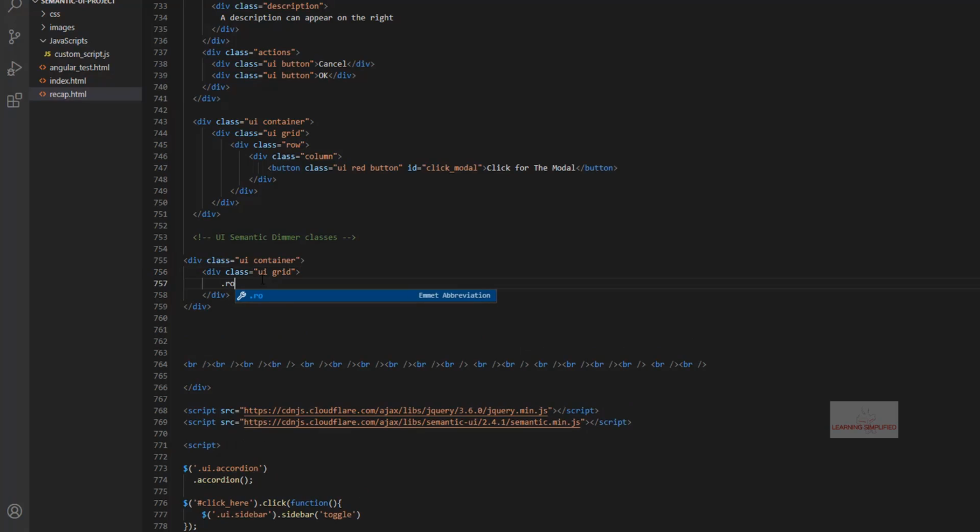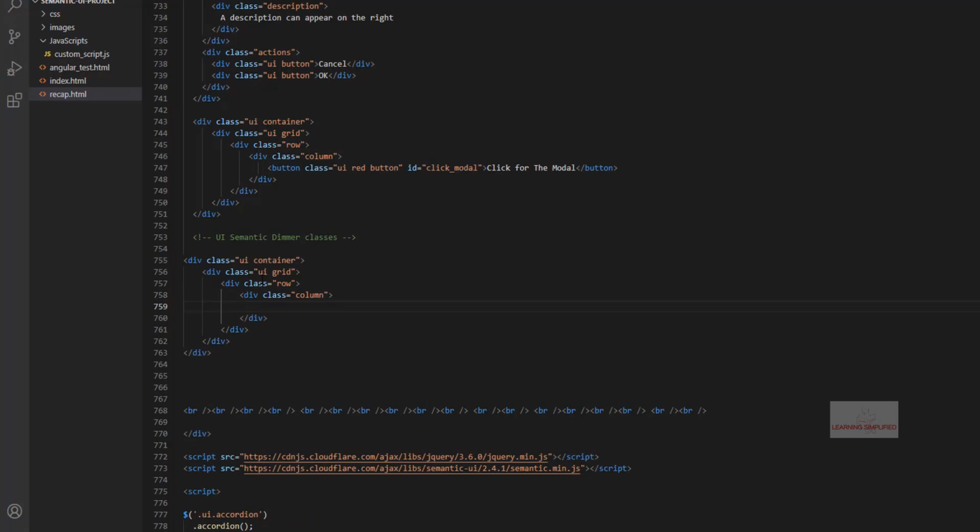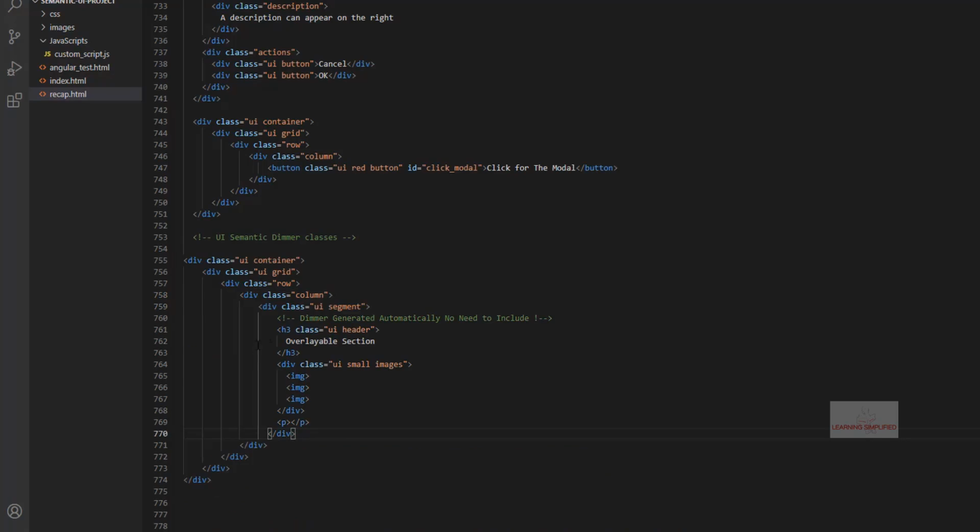As usual we will be creating a row, and inside we will be creating a column, and inside we will be using this overlayable section, this dimmer class which we are about to discuss right over here. Another point is that the dimmer is generated automatically and it has no need to be included.